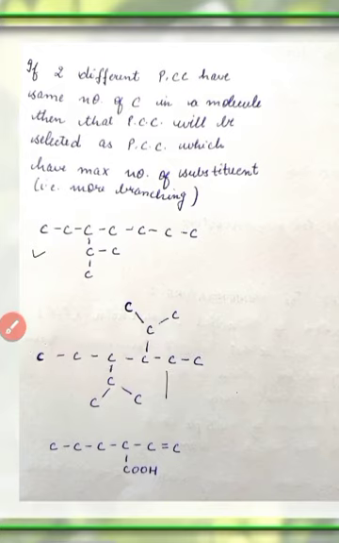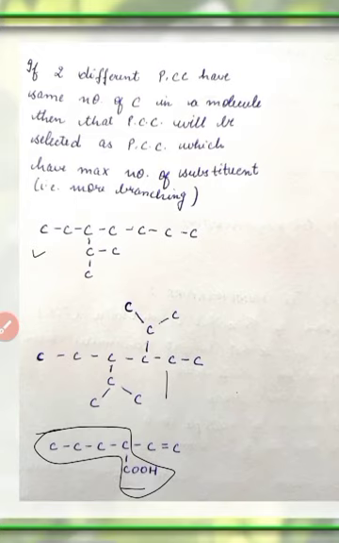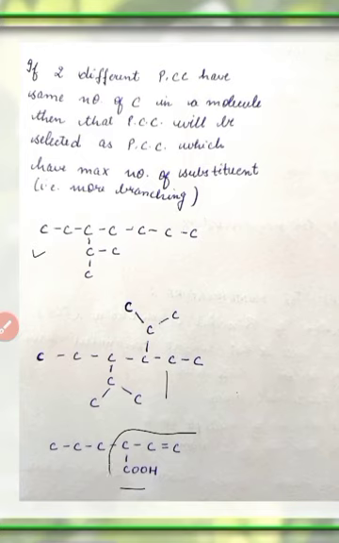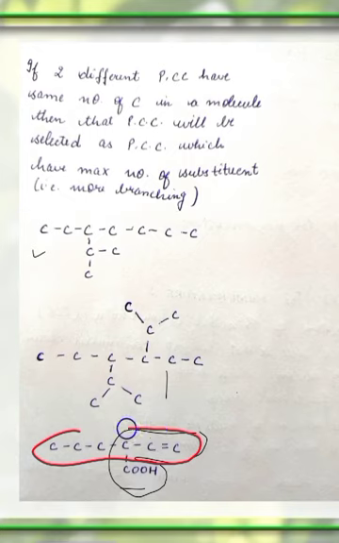Now lastly, this one. In this, first we will take the chain which has the functional group. Next we will look at the chain which has a double bond. So this one will be wrong. This chain, though it has fewer carbon atoms, only 4, while this chain has 6 carbon atoms. Even then, the preferred one will be this, because it has the functional group as well as the multiple bond.